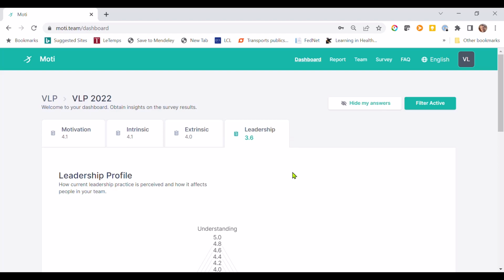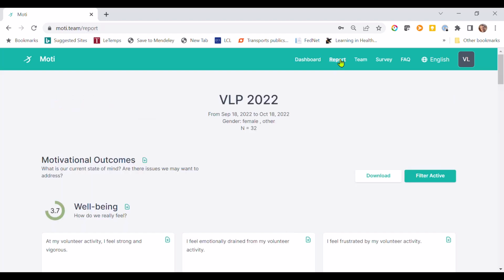Now we're going to see another way of visualizing the results, and this is by using the automated team reports. So here we designed this team report to give you a possibility of seeing the results following a narrative, some logical order. So rather than navigating from one thing to the next and getting overwhelmed with all the data, here you have a story. And the story starts with, well, first of all, the team, the number of people who answered,